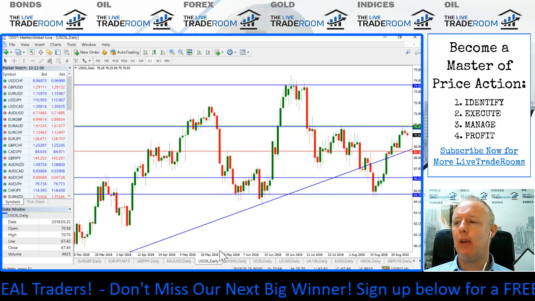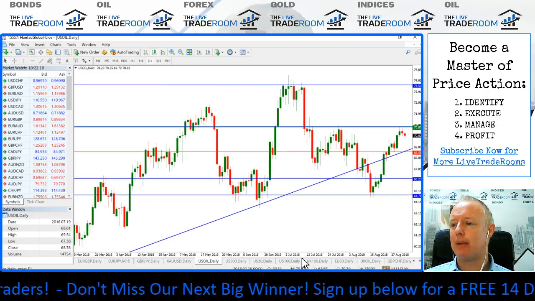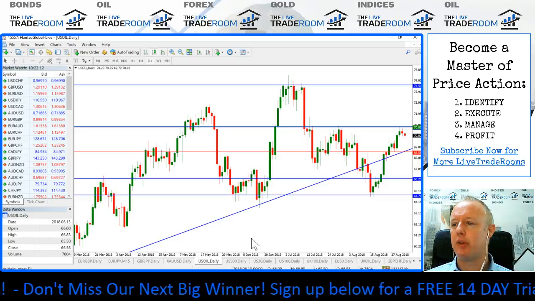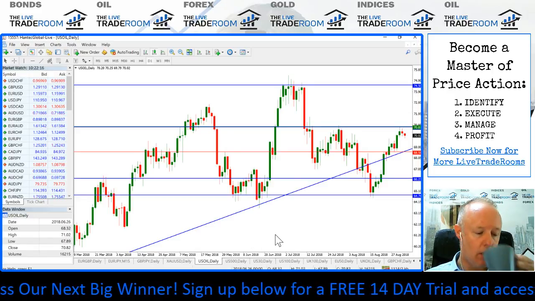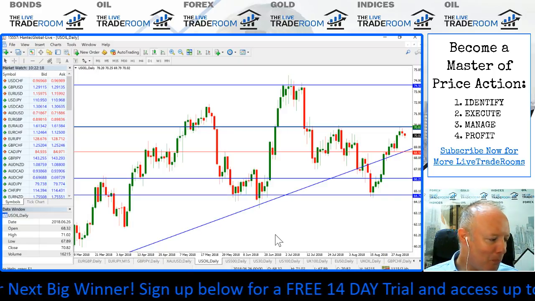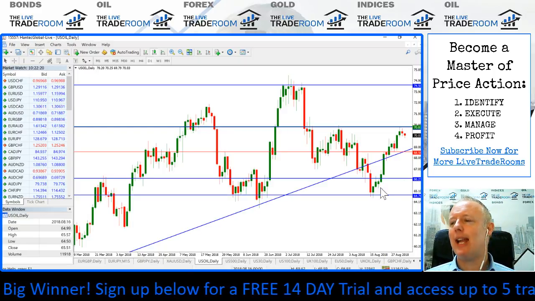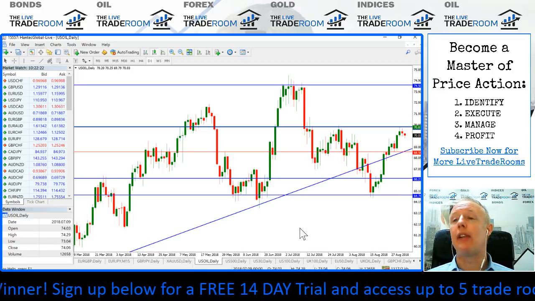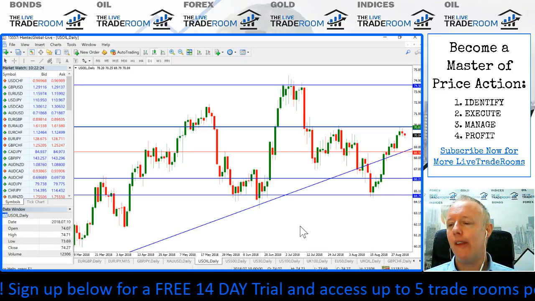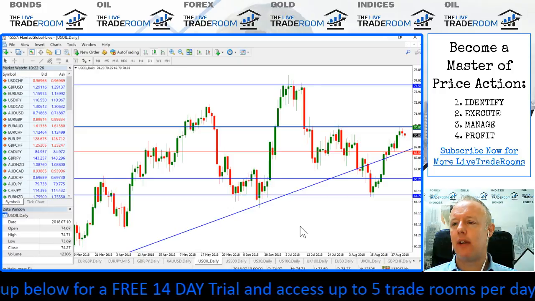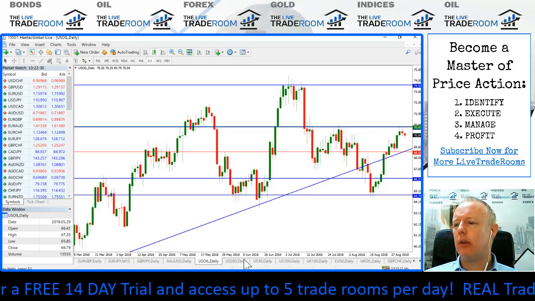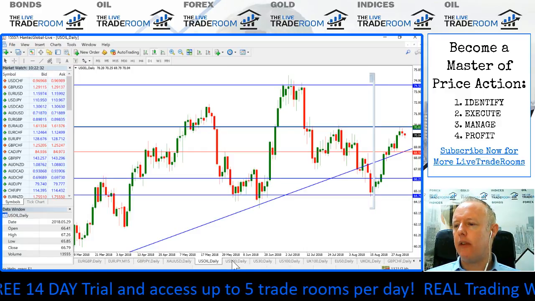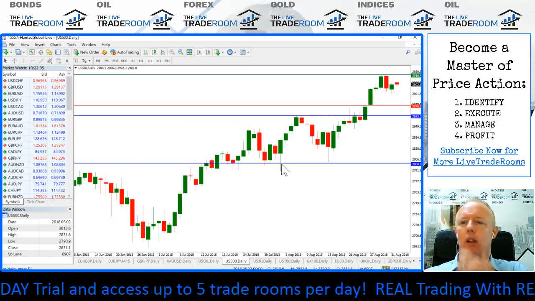So a really strong pullback during the summer markets, which is no major surprise. There's a lot of vested interests that want this price to push higher. It'll be interesting to see how these prices develop and unfold now over the next few weeks. So that's US oil. So if we move along then to the S&P, we've got